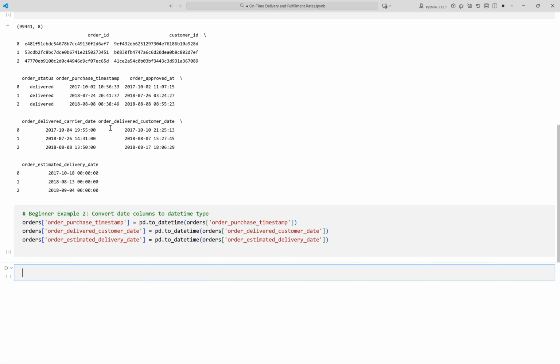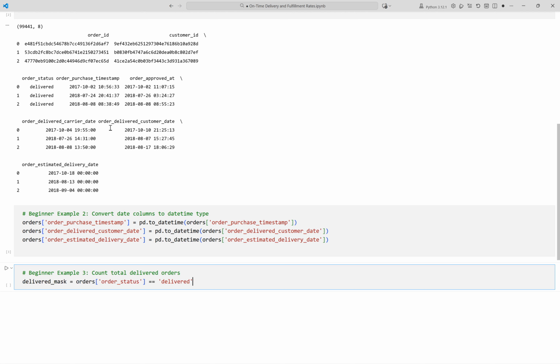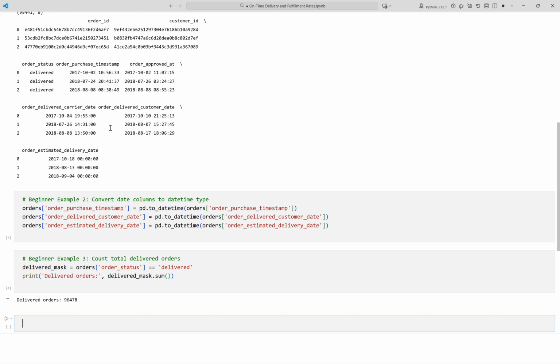A basic metric in fulfillment is the count of successfully delivered orders. We create a Boolean mask for orders where the status is delivered. We print the total number of rows where delivery was completed. Running the cell now. This output shows the total count of orders marked as delivered, which is